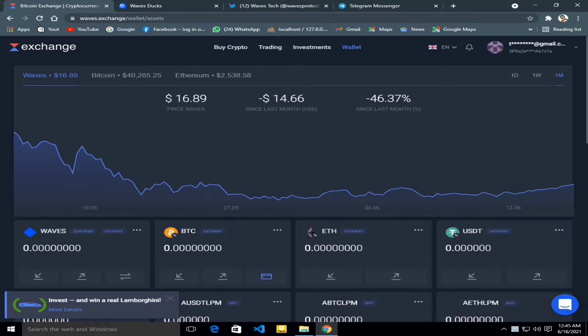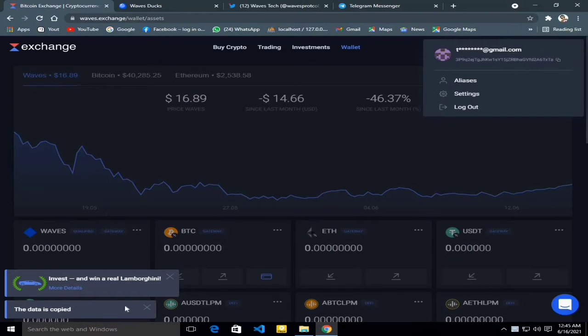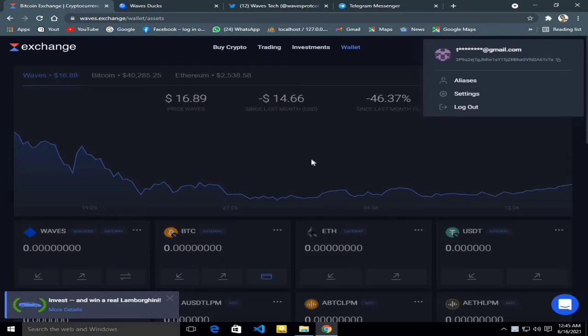Here you can see the price of Waves, and since last month everything you can see is the crypto platform. You can also see your wallet address. You can copy here, and you can also log out and so on.